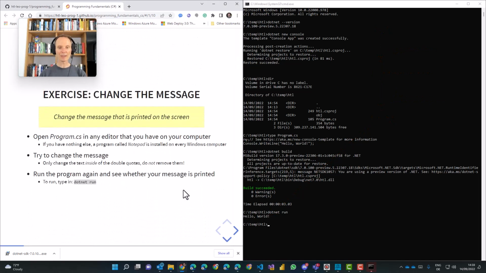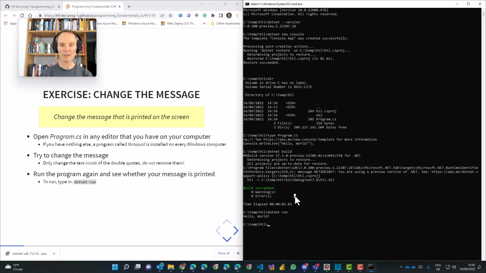Okay, great. Do you want to change something? Definitely. Now you can be creative. What I want you to do is open an editor. If you are on Windows, the easiest option is to run Notepad. Let me show you how you can open our program in Notepad.